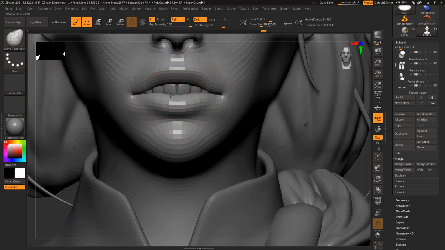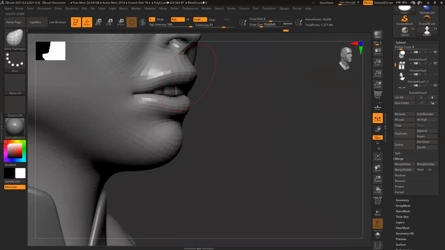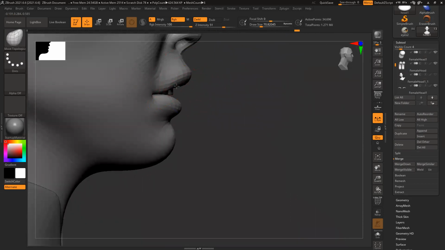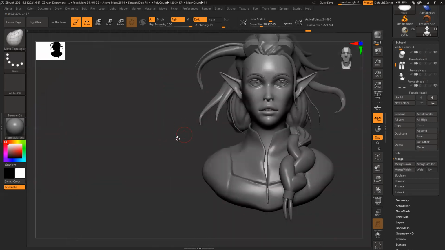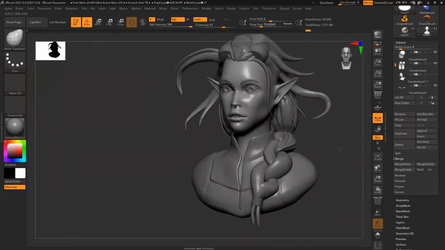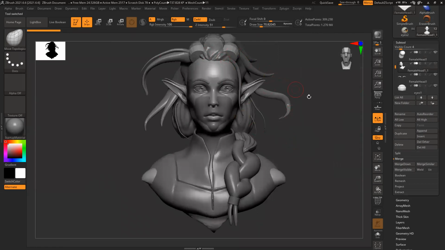And this is really low poly. You have to increase the poly count. So you can add all these things very easily.